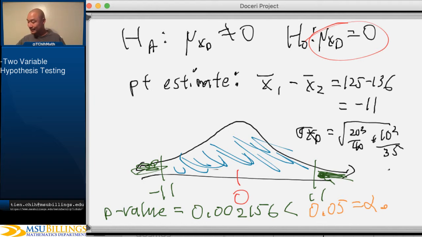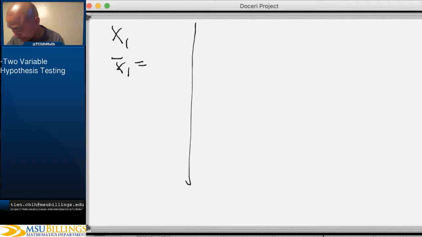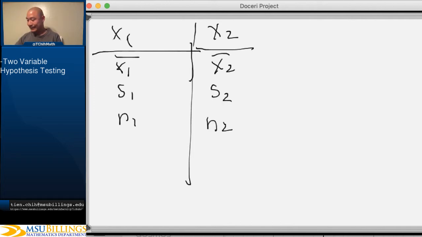And so, in general, if you had a variable x1 whose average value was x bar, with its own sample standard deviation, and you had an x2 with its own average value and standard deviation,